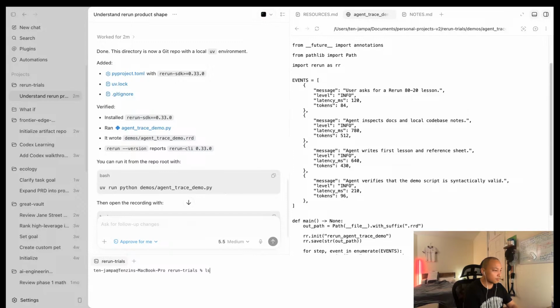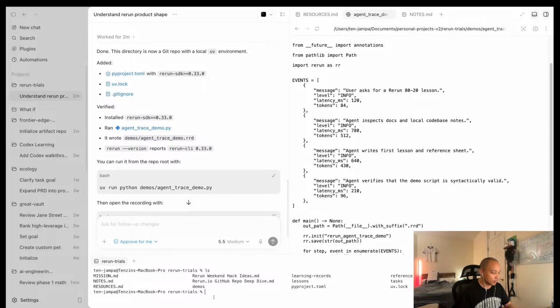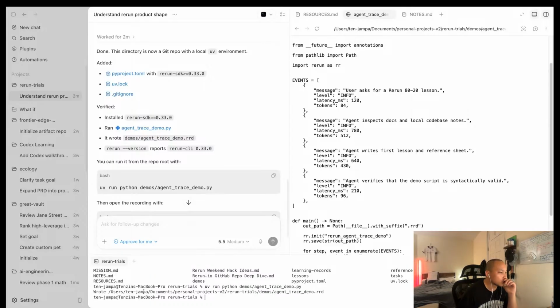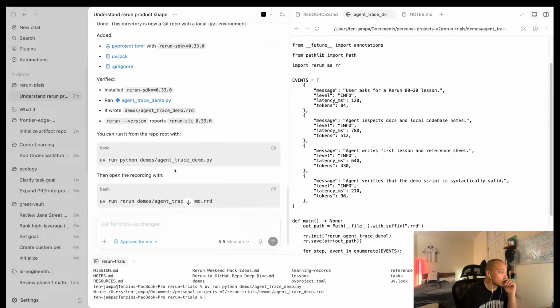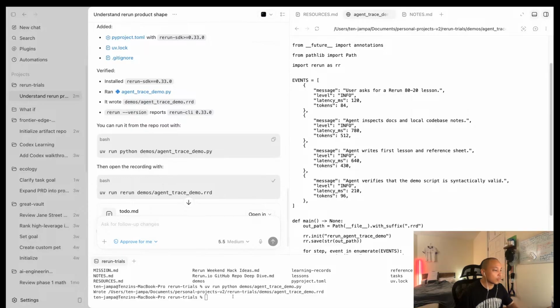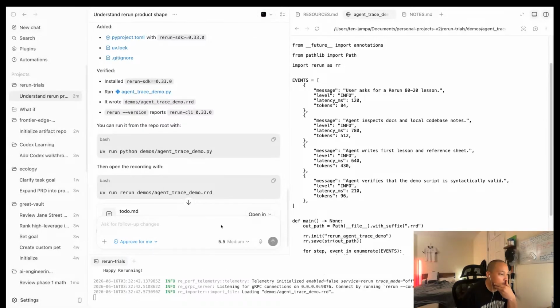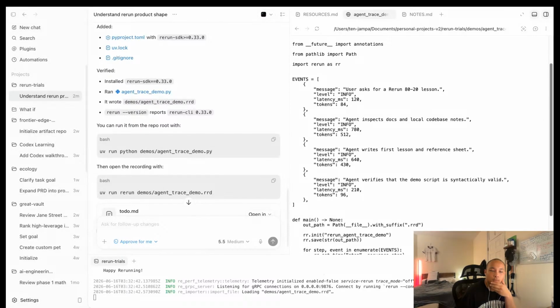Okay, let's see. Interesting. So this is what the Run Hub looks like.